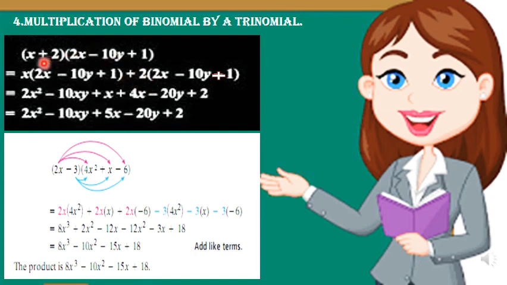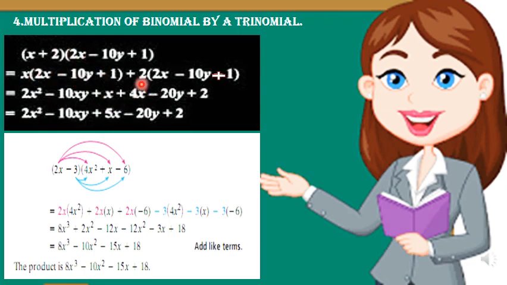What do we have here now? Plus 2 we have. So we will be writing it as plus 2 followed with a multiplication of the same trinomial, that is 2x minus 10y plus 1. Close the bracket. Now you all know how to multiply a monomial with a monomial, so you will proceed with the step. x into 2x is 2x square. Then x into minus 10y is minus 10xy. x into plus 1 is plus x.